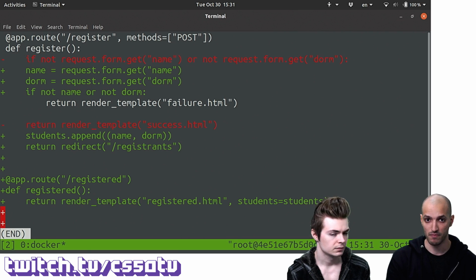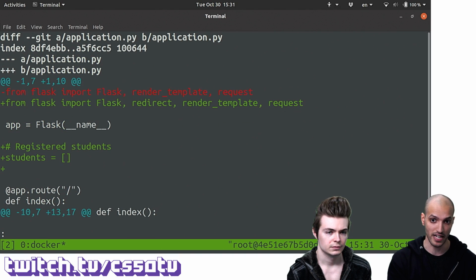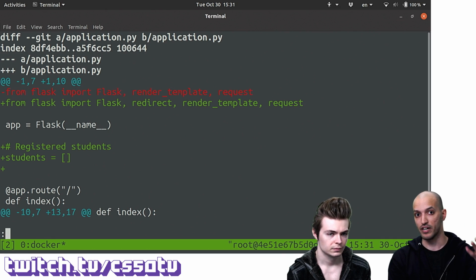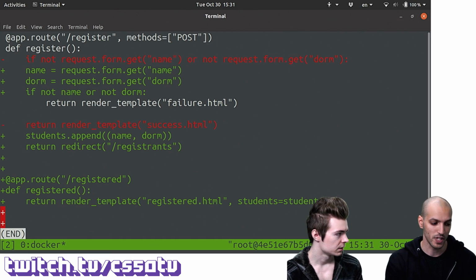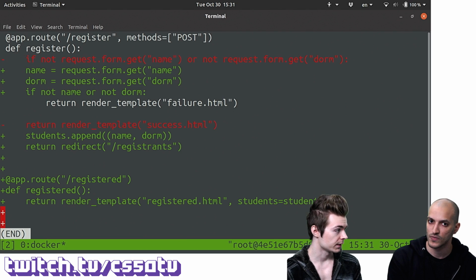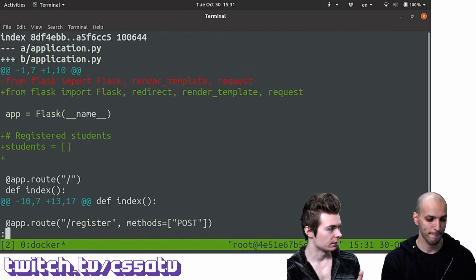But in the meantime, we just changed application.py, and Git showed me that application.py was modified, and when I did git diff application.py, it showed me what actually changed. Okay, so the green lines are something that you added to the file, and the red ones are ones that you deleted from the file, or changed in that file, right? Correct.